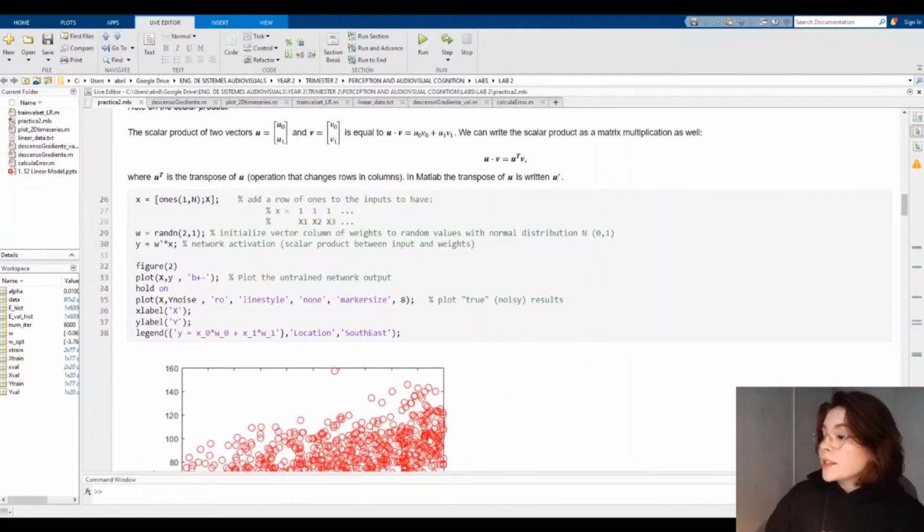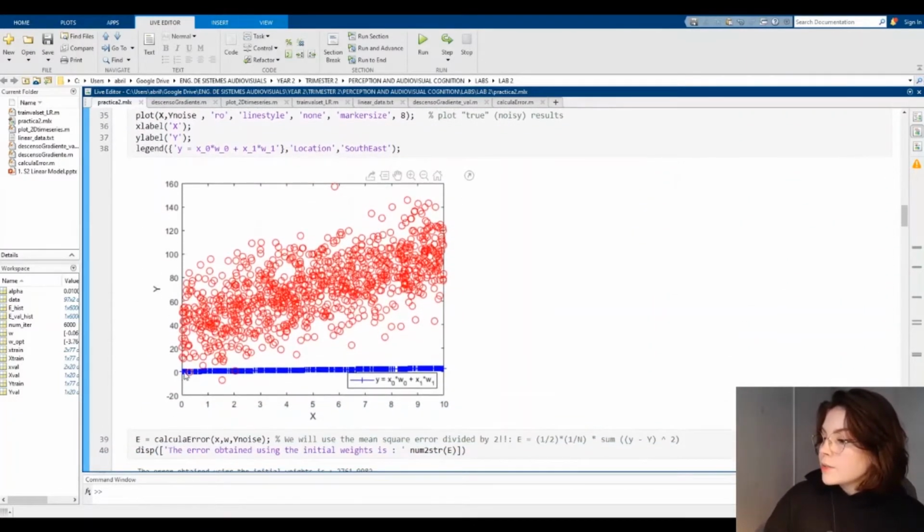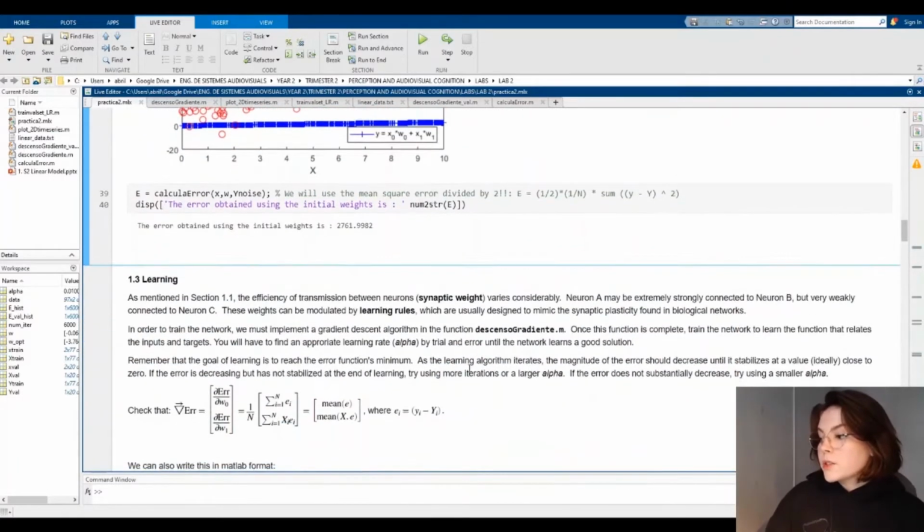In section 1.2, we generate the weight vector with a set of random values, and we do not treat that weight vector. We actually just use it as is. That is why we end up with this flat line in the plot. However, in section 1.3,